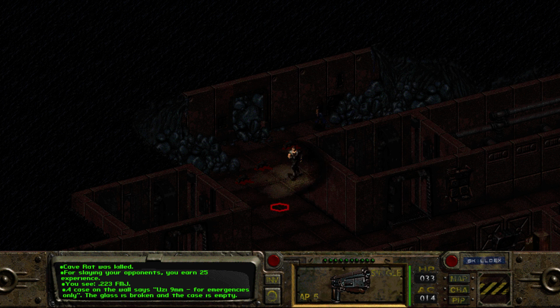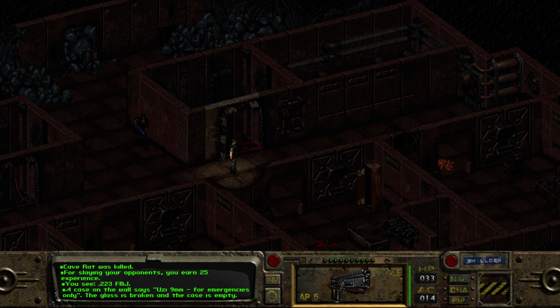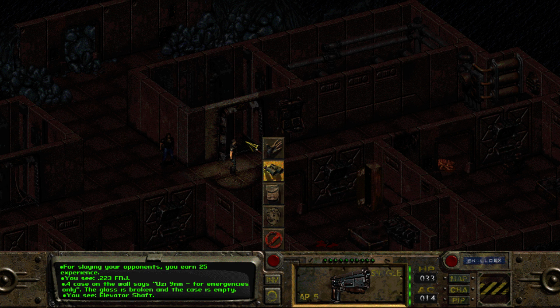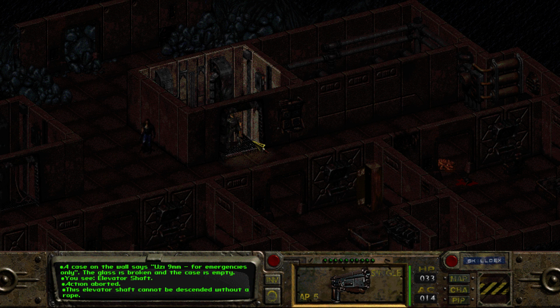So, for example, a description right here. A case on the wall says, using 9mm for emergencies only. The glass is broken and the case is empty. So our character detected that because it's pretty perceptive and all, and other characters might not. So yeah, that's like the game master explaining stuff. Let's use the rope in this elevator and check out the lower levels. So yeah, Fallout is very much about that. And Fallout 2, every game...